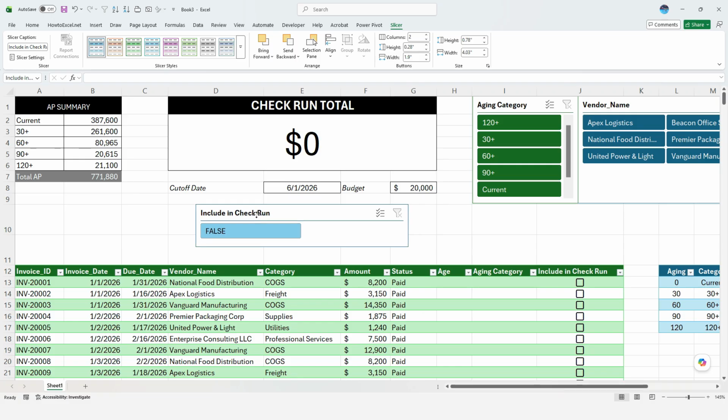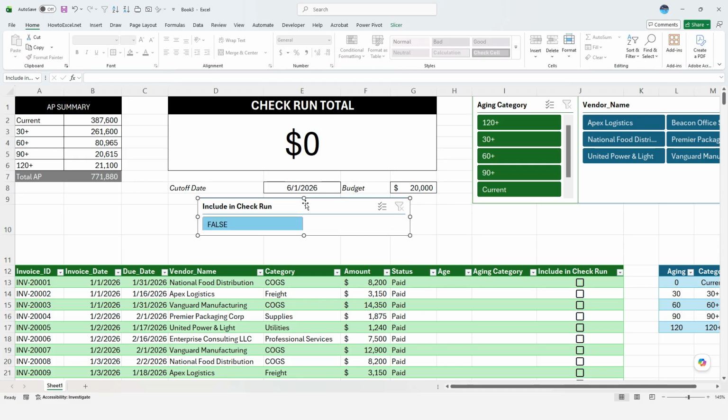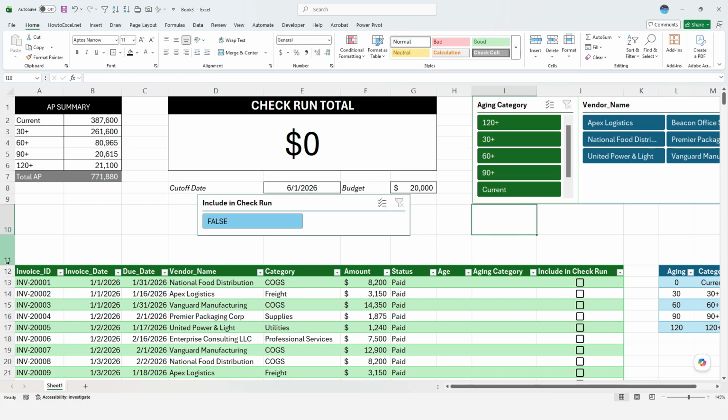So just so that, if we're looking at what's included in the check run, it's really easy to do that by just clicking this button. So I'm just going to adjust this just so it's not cut off. There we go. So it fits nicely in there. And to shrink